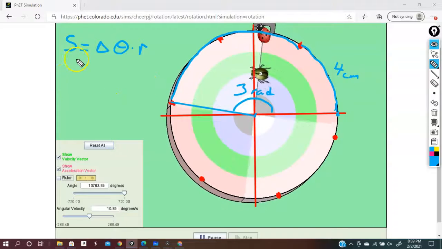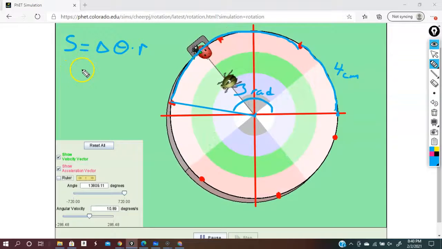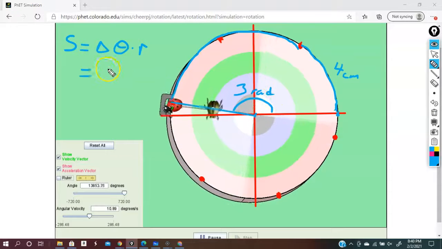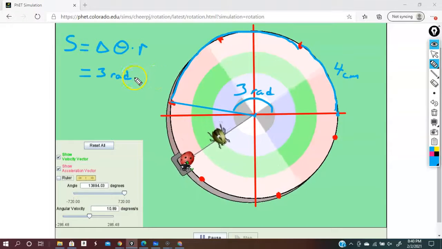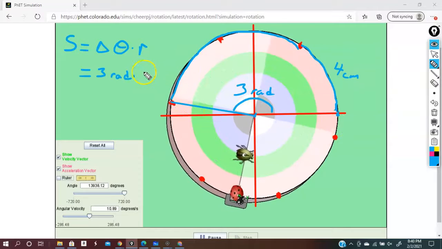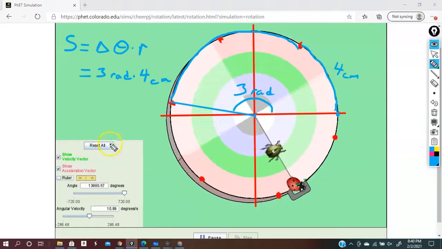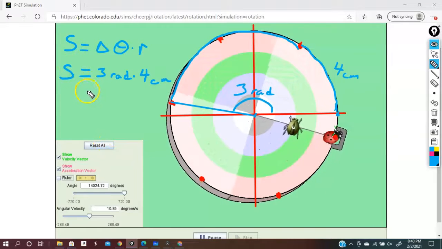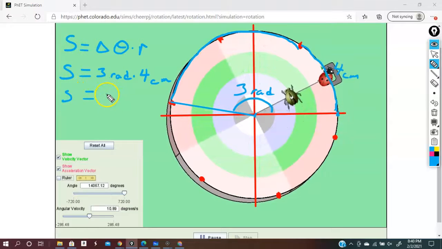So in this case, I want to know how far that beetle went. All I have to do is take the angle I traveled in radians, in this case 3 radians, and multiply it by the length of the radius, which was 4 centimeters. I'm going to stick with centimeters here to make this easy, but usually we'll convert that to meters. It doesn't matter, it works out in this case. So my arc length turns out to be 12